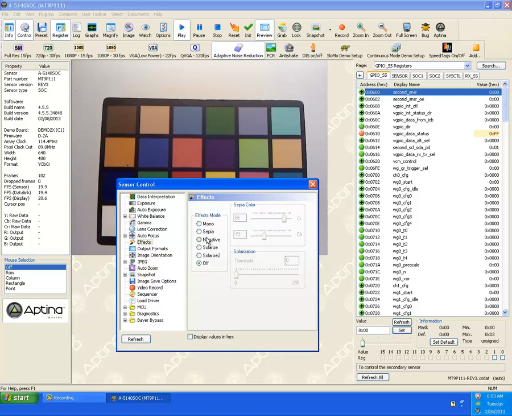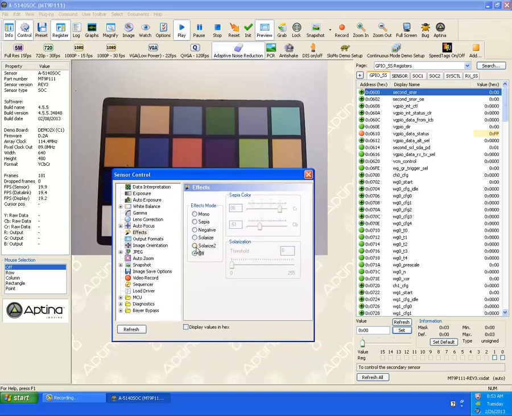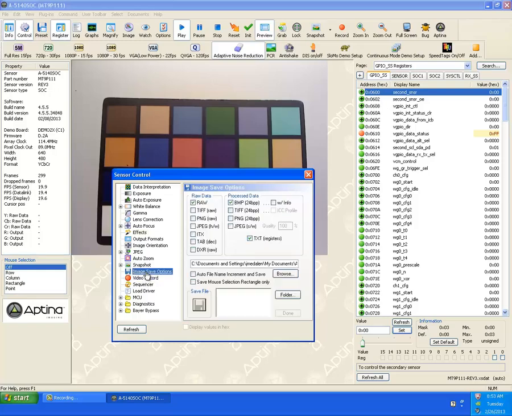Now, the next thing I want to cover is capturing images, and you'll notice here that there is an option for image save options and video recording. Let's go here first to image save options. This defaults to saving a raw image and a BMP image. And what you can do, as a default this is turned off, but if you want, you can select this to auto increment the name, and then you can specify